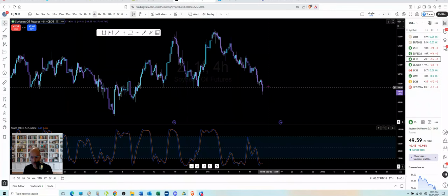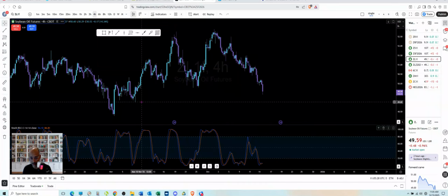And out to the 4-hour chart, we did break this structure level down here. I talked about this, I think, on the weekend video of Friday, whenever I made the last video, that this was an area to watch. Looks like we did break that. And as long as this 4-hour candle does end up closing below here, then the next zone down to look at